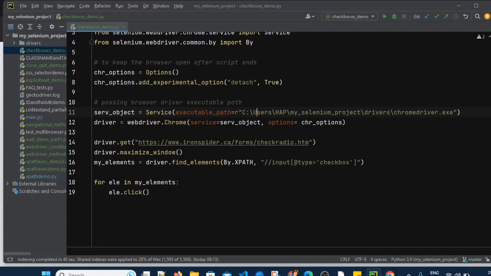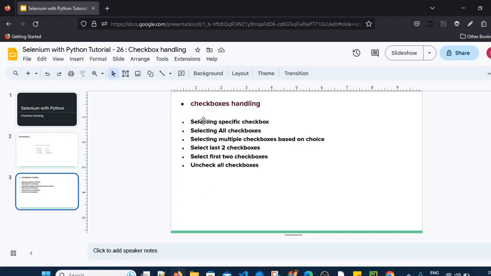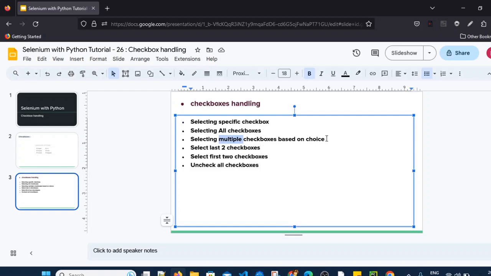Now the next scenario which we will see is, so far we have seen selecting specific checkbox and all checkboxes. Now we will see how to select multiple checkboxes based on choice.